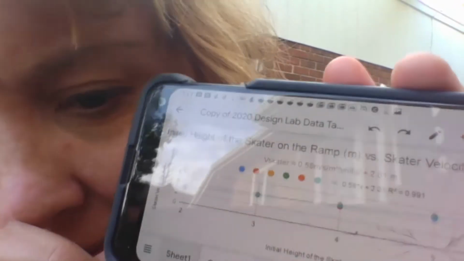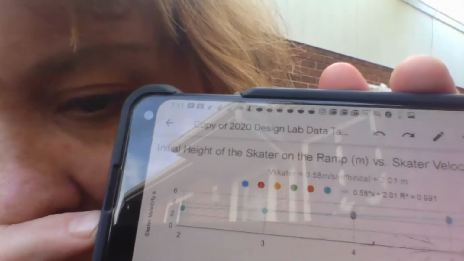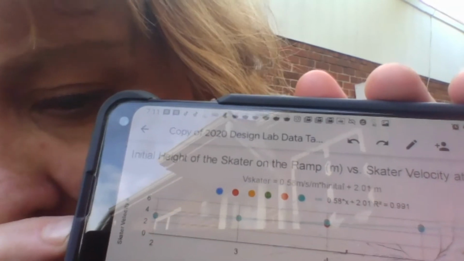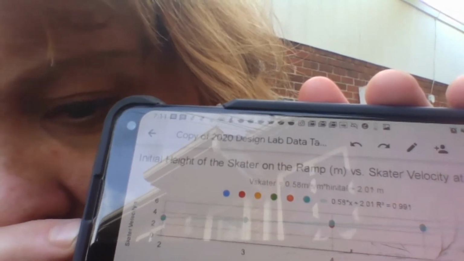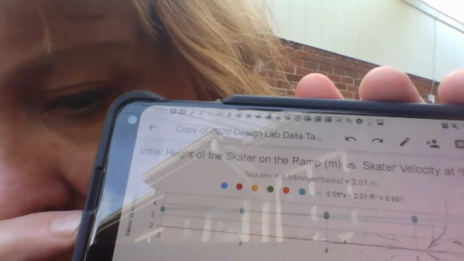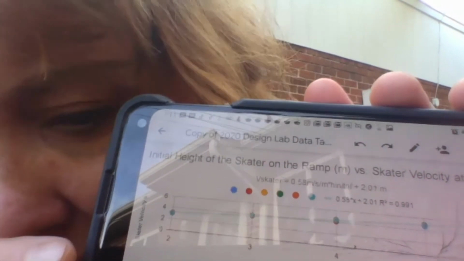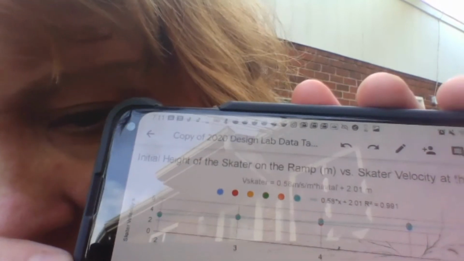Okay. You have a Scatterplot. Mine says 0.5 times x plus 2.01. And then it says r squared equals 0.991. So I need to write down that equation, that 0.5 times x plus 2.01. So in the middle of my paper, I write